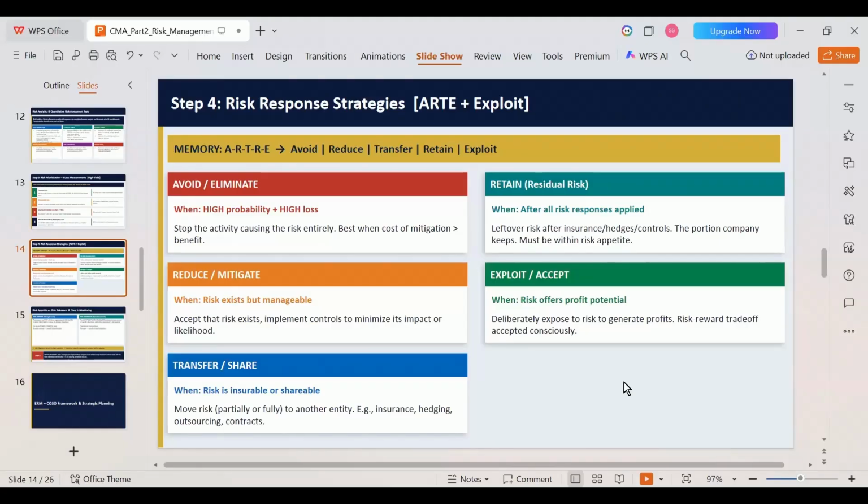Then comes risk acceptance. Now you know that the firecrackers industry is booming like anything and you want to get the maximum out of this demand that is arising from the customers. At that point of time, you will accept the risk that is present in your industry and you will move on with your business. That is risk acceptance.